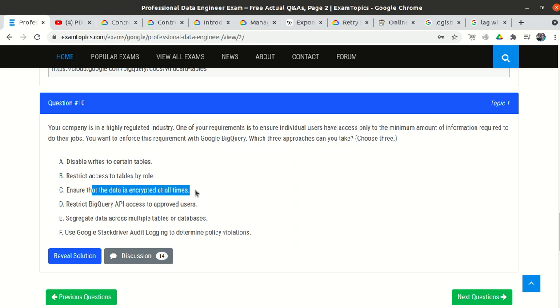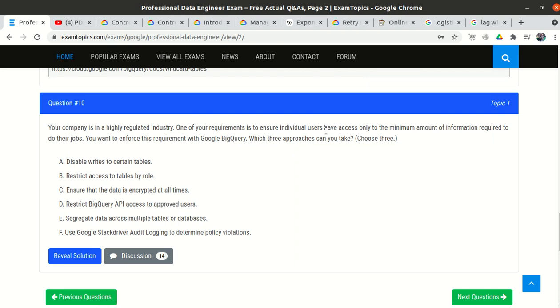The third option is restrict BigQuery API to approved user. So we know we can access BigQuery via the UI, via the command line, via the API. So if someone tries the API, we will give the API access only to the approved user, so that is perfectly okay.